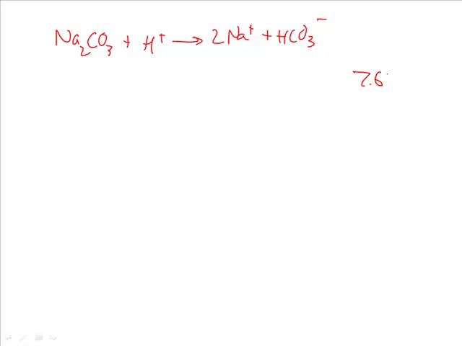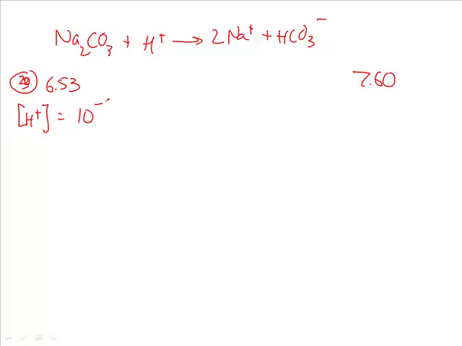You can assume this is a neutralization reaction. So the neutralization reaction is the Na2CO3 plus the H+ ions makes 2Na+ plus HCO3-. You want to get the pH back up to 7.6, so that means it had to be at a lower level. The lower level, depending on what you got for number 23, that's your answer from 23. So if we used 6.53 for the pH, for example, on 23 to get the hydrogen concentration,